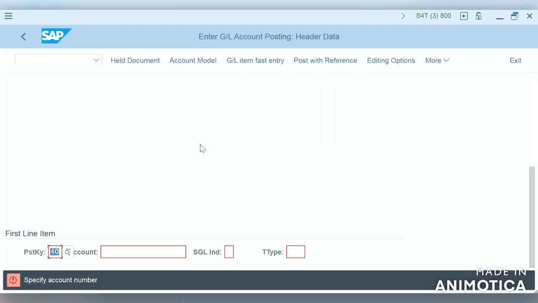So now that error message is not appearing, and now we can see that it is asking to specify the account number. Still we haven't created any GL accounts. First let us try to create some GL accounts. Let us move on to GL configuration. So that's how we can check how a specific configuration works in SAP. So we will get better knowledge on each and every step of configuration in SAP.